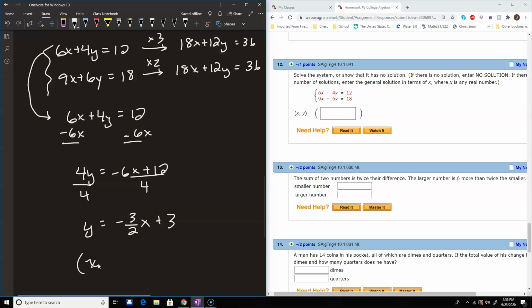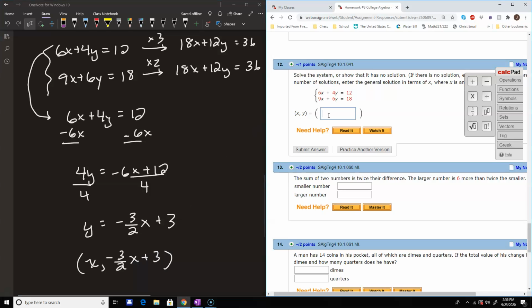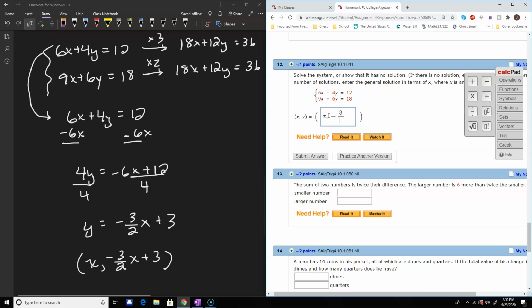So we could say our general solution is x, comma, negative 3 over 2x plus 3. And I believe that's what they want you to enter for this problem. Usually I would just say all real solutions would suffice, but they say enter the general solution in terms of x, which is why we're getting this issue here. So negative 3 over 2x plus 3,